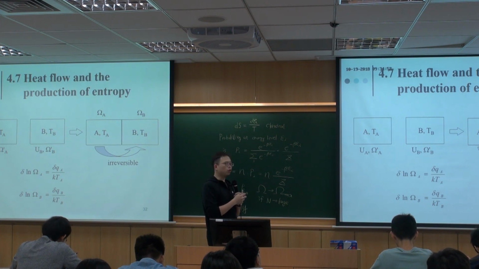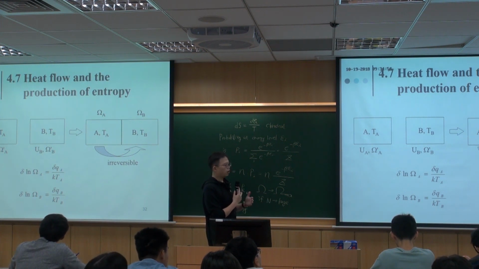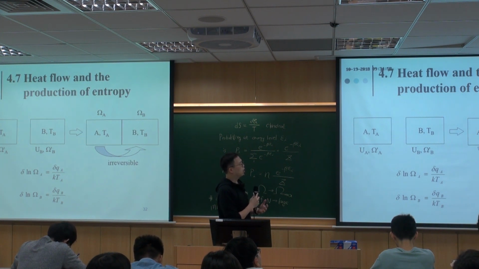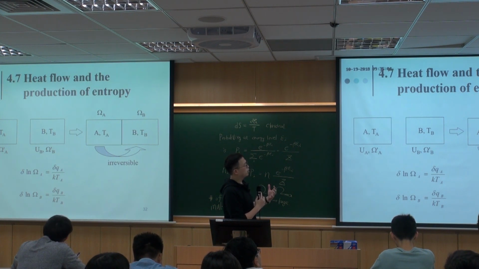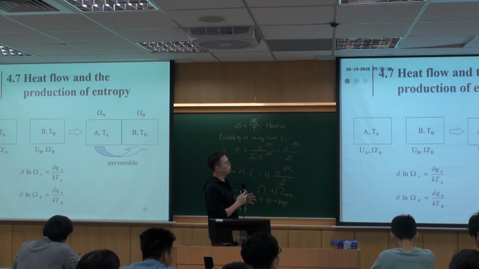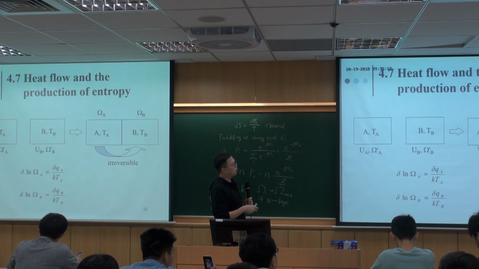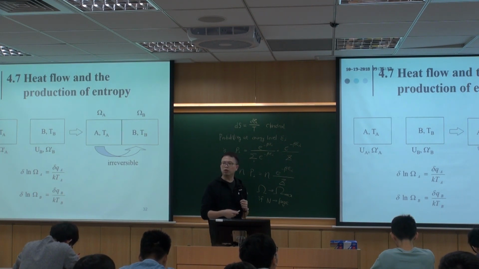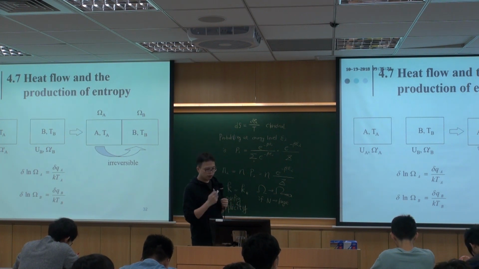And if you put these two systems together, they are in thermal contact, there must be a heat exchange. And we know that heat will flow from the higher energy system to the lower energy system. And eventually, when these two combined systems are in equilibrium, we know that the temperature TA will be the same as TB. And that's what we're going to prove by using our knowledge of